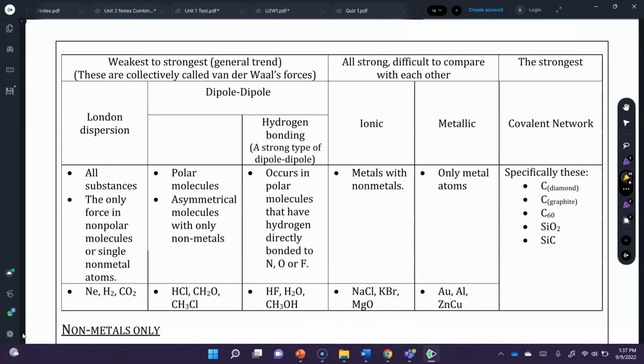So we have our weakest intermolecular forces, which are London dispersion forces. And then we have dipole-dipole, our traditional dipole-dipole, which is summarized in the left column. And then we have hydrogen bonding, which is a super dipole-dipole, super strong. When we say dipole-dipole, we usually refer to this one, and then hydrogen bonding is separate. All of these together are called van der Waals forces. These are ones that are specifically between molecules